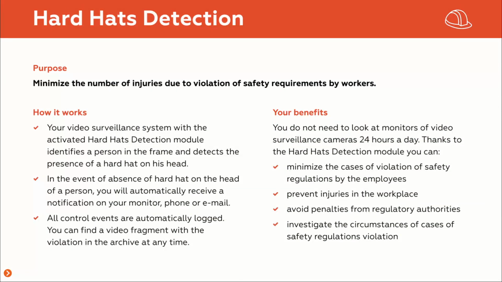how this module works: in case the person in the camera view is spotted without wearing a hard hat, our VMS highlights this person in a red frame, makes a bookmark in the journal, and sends the notification so that the employee without a hard hat can be immediately warned, and next time he will immediately put on the hard hat back